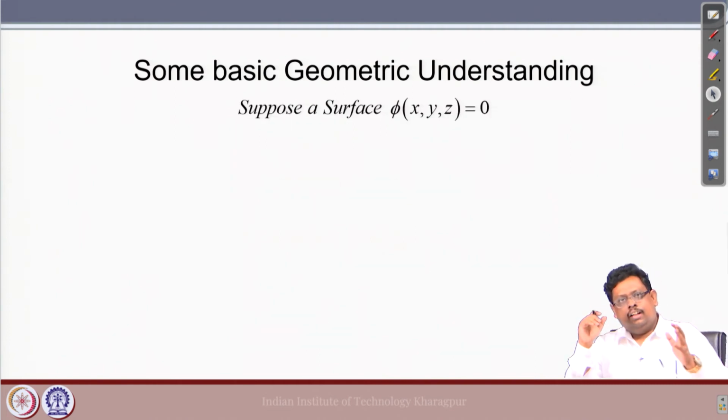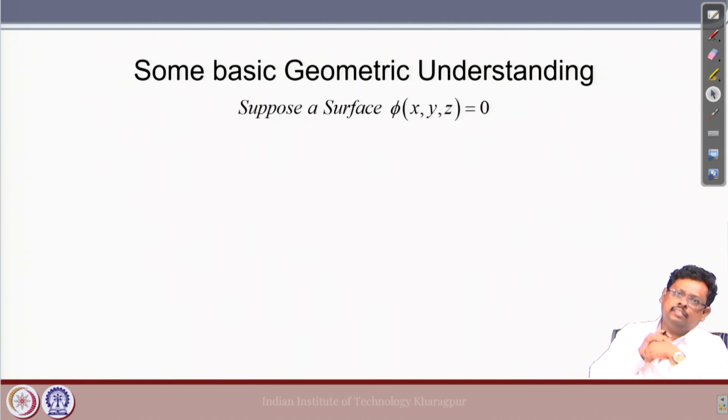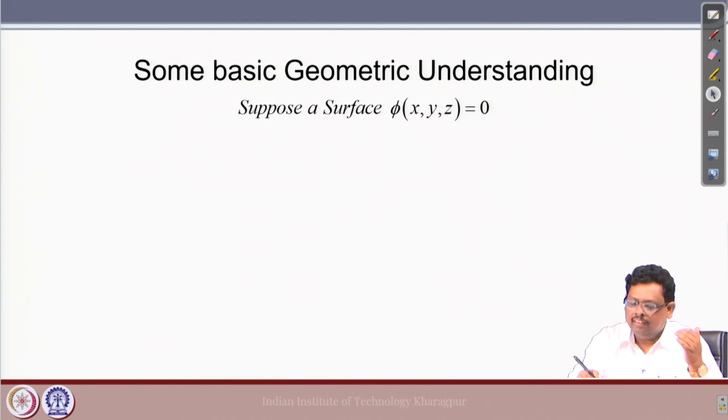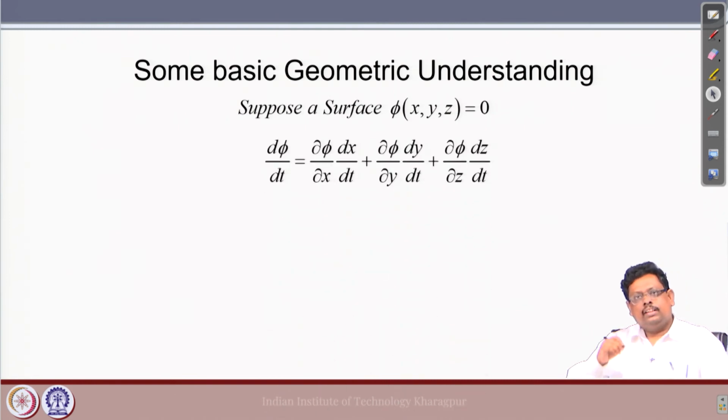Next one, suppose some more basic understanding. Suppose a surface phi(x, y, z) = 0. Assume that is a surface. In fact, you can add t also over here: phi(x, y, z, t) = 0. I mean, in reality that is not the case. Now, if it is so, then d phi/dt equals,